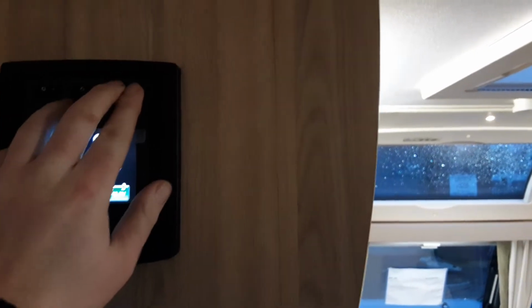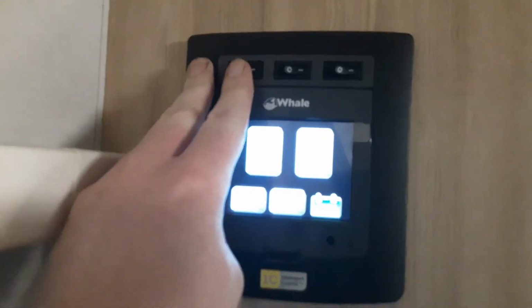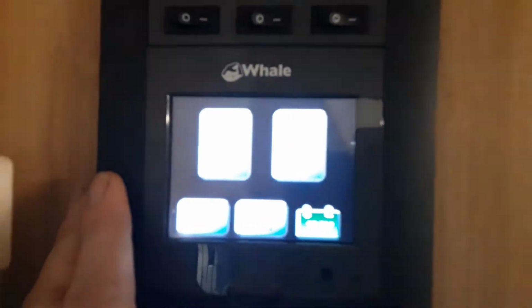Going inside the van, just by the door you've got your main control panel for the caravan. So you've got your master on and off just here, internal lights on and off, and then that will be the exterior light on the end there. So as you can see, light switch in the middle. These are the big lights along the side of the cabinet. Main power on, as I said, just here. Now on the screen just here, if it allows me to view it,